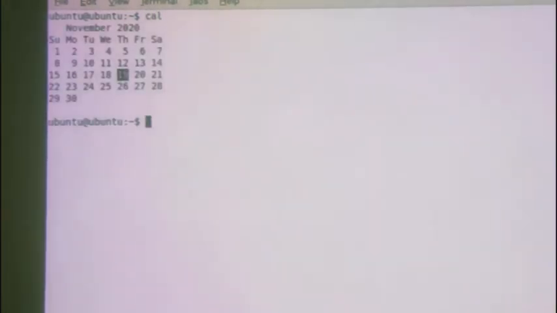Another way is you can type a few letters of a command and then press the tab key and the shell automatically provides the remaining information. For example, to display a calendar, we can type the command cal. This command is used to display the calendar.